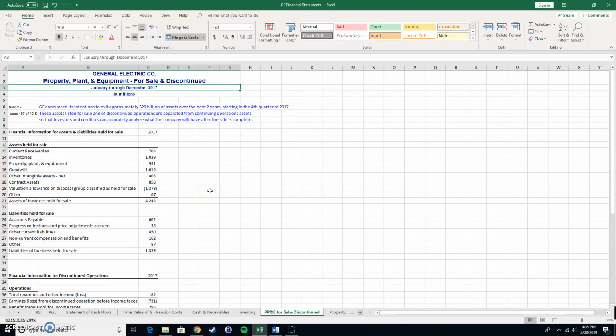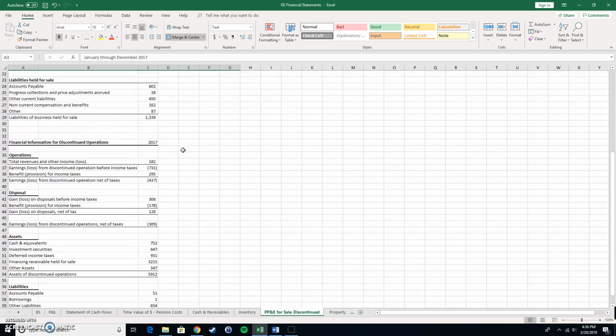The property, plant, and equipment, it was a little complicated for General Electric. There was a large amount of sales and discontinued operations due to some failed business ventures in 2017 that GE is distancing itself from. So I created one tab with the assets and liabilities held for sale and the financial